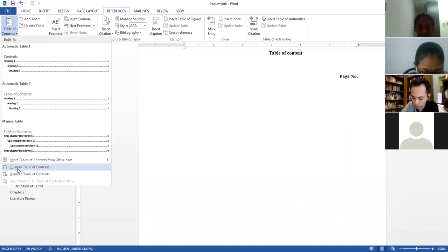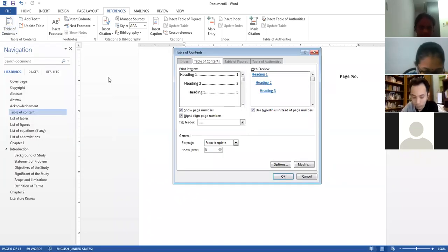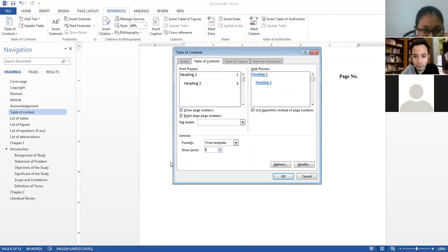Choose this one. So this table of contents box appears. For tab leader, you choose none. Show levels depends on you, how many levels you want to show in your navigation pane. To me, I prefer just up to 2 levels. For example, I have chapter 1 and then the main topics for chapter 1 only. This level reflects the one that we set earlier in our navigation pane. So I show just up to 2 levels. So I click OK. See?